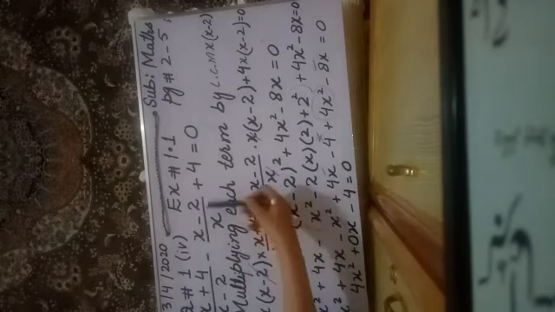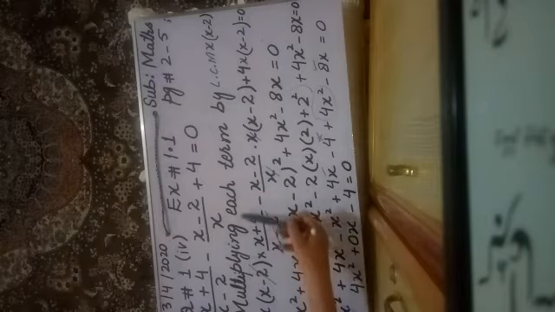This type of equation cannot be written in standard form until and unless the denominator is eliminated. So for eliminating the denominator, what do we have to do? We can multiply each term by the LCM, or you can take the LCM directly as well. So what will be the LCM? x and x minus 2. We will multiply each term with the LCM in order to clear the denominator. So let's go with that. x minus 2 is the LCM.